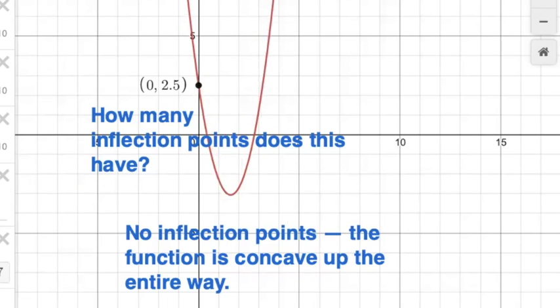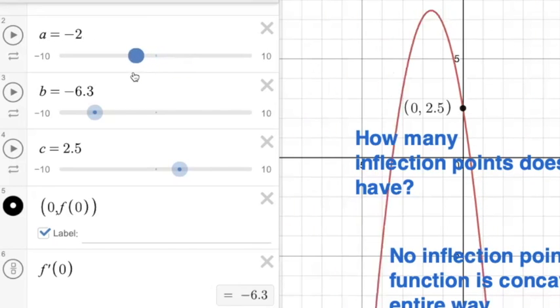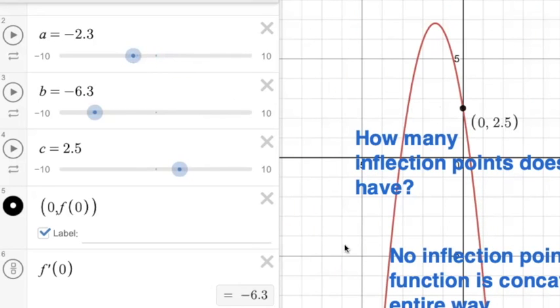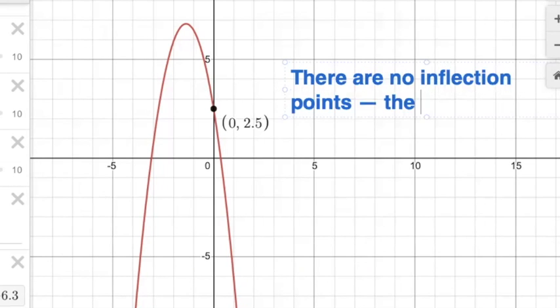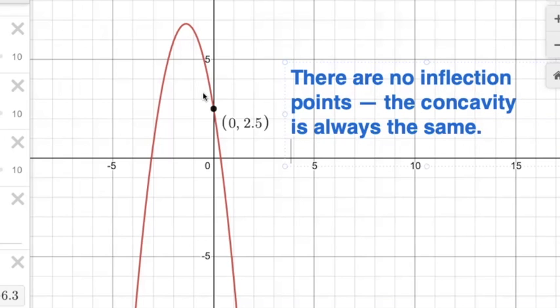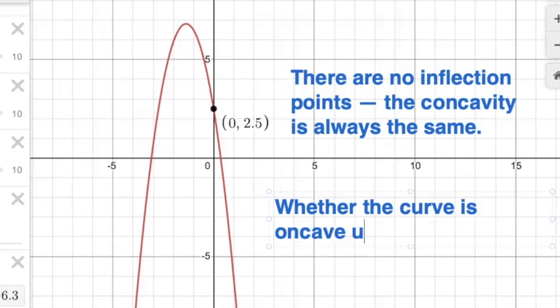It's always either concave up, although it could become concave down. If I take this value of A and make it negative, it becomes concave down. So that's something we can record as well. There are no inflection points. Concavity is always the same. But whether the curve is concave up or down depends on